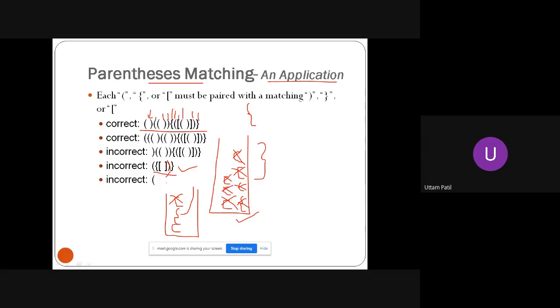If they are in an expression, the sequence of these brackets is incorrect. Okay. So this is one way I can check for the correctness of brackets. So this is one application. Anyways, you are not going to write a program for this. We have some other applications, but we should know the applications of the data structures which you are studying, because the name of the subject is what? Data structures and applications. So you are going to study a data structure and some applications of it.